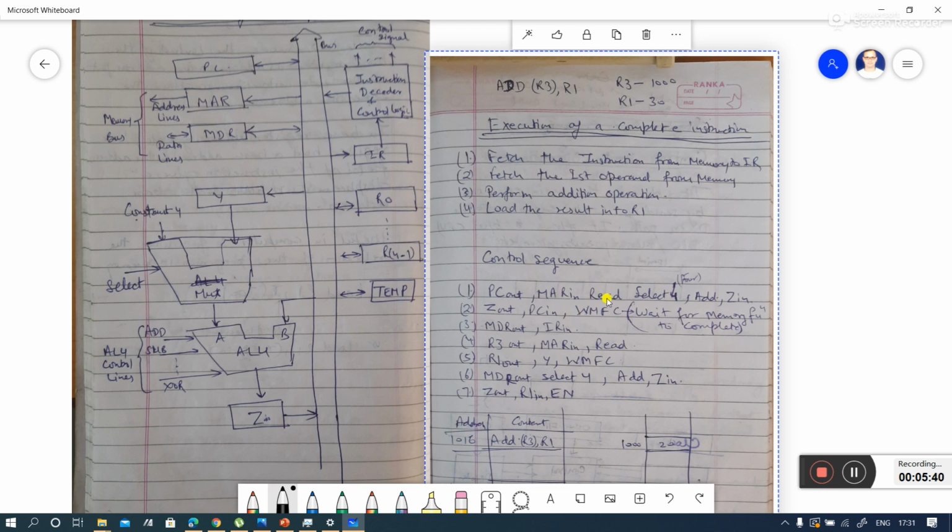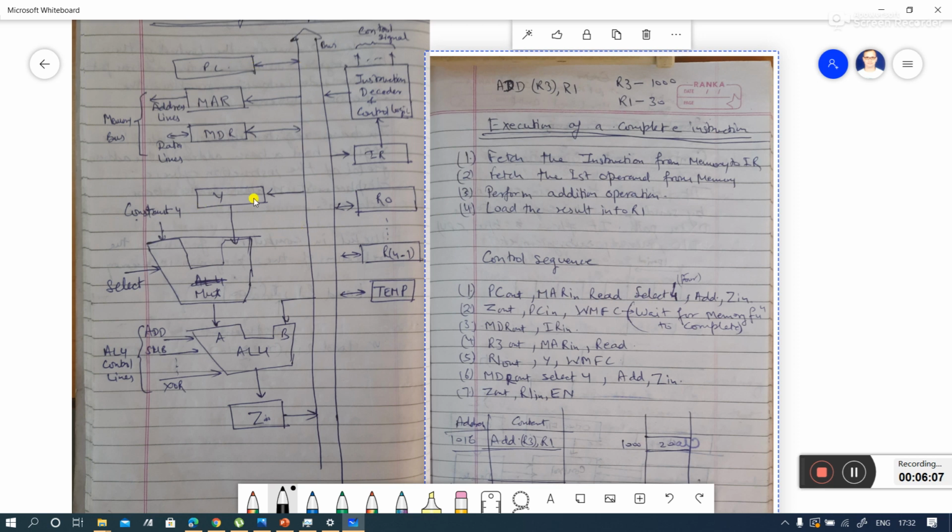Then the address lines provide the address that PC out gave to the MAR register. Then the read signal is issued. Now select 4.